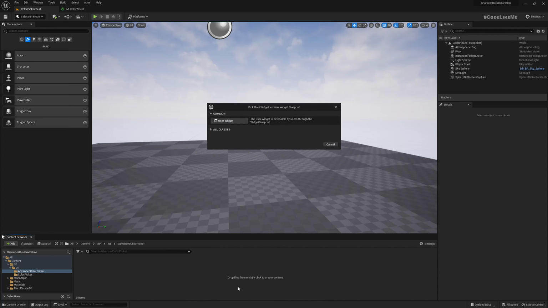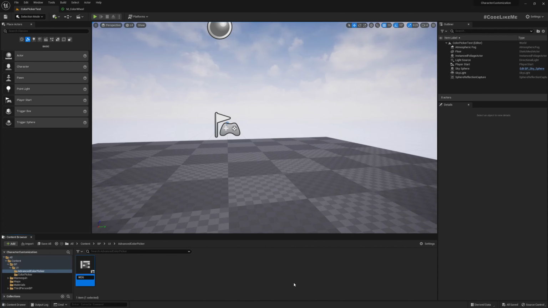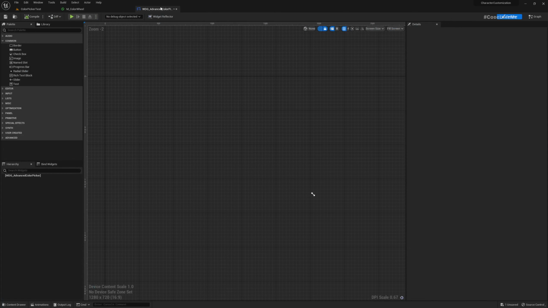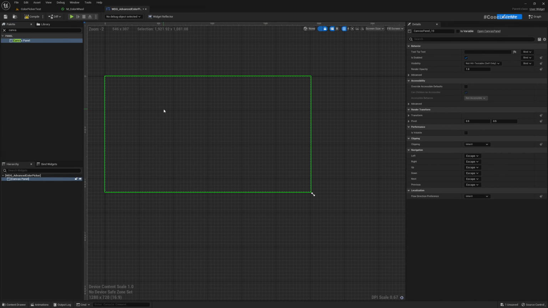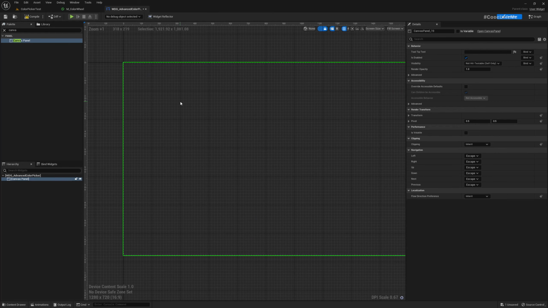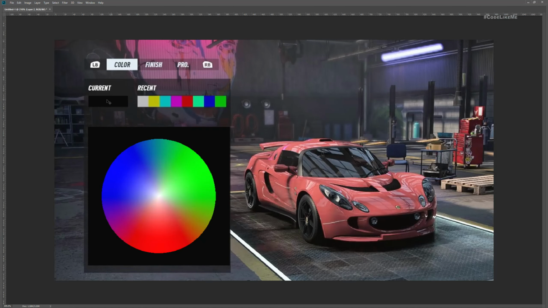User interface, widget blueprint, user widget, WDG advanced color. Okay, now here first I'll add a canvas, and then we need two boxes that show current color and the new color, and then the main color palette, color wheel. Okay, so